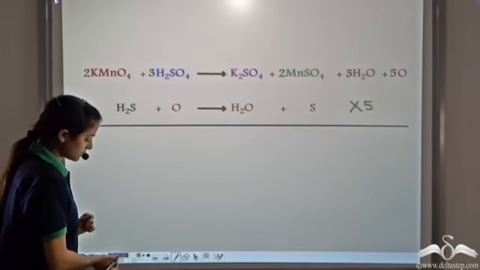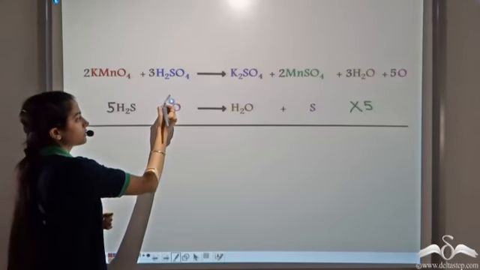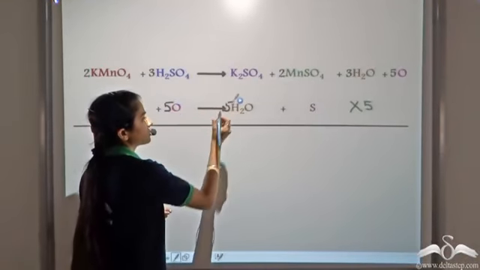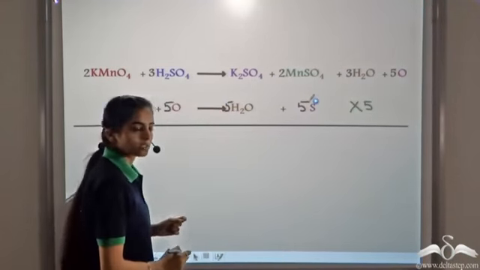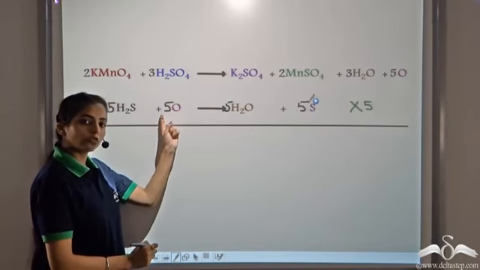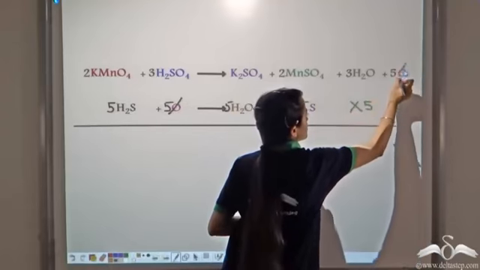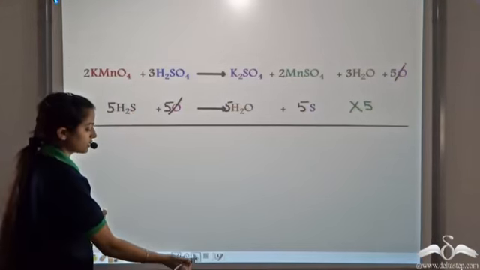So when we multiply this by 5, we get 5 molecules of H2S, 5 atoms of oxygen, 5 molecules of water, and 5 sulfur atoms. So now we have equal quantity of oxygen atoms on both the sides. So we can cancel this. So now on adding the 2 equations, we get